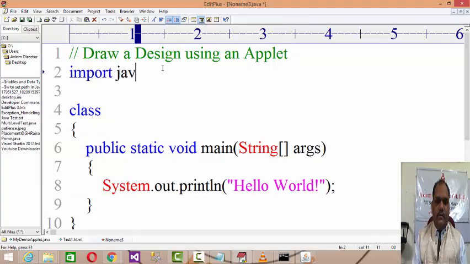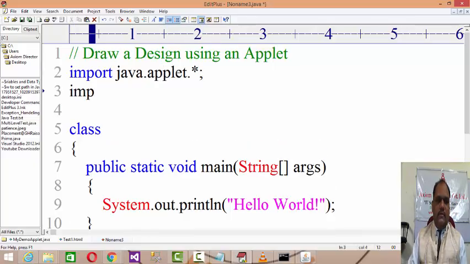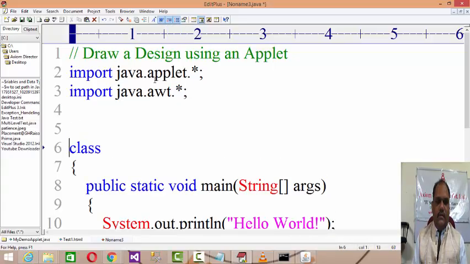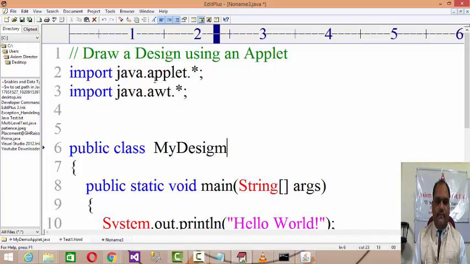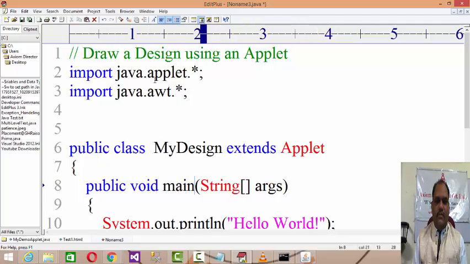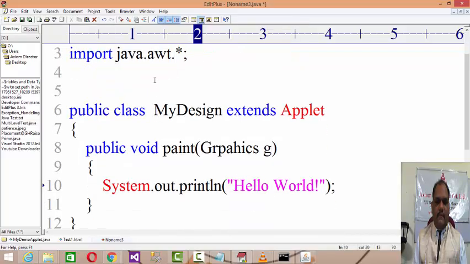Import java.applet.*; import java.awt.*; and then inside we write public class MyDesign extends Applet. Here you don't have a main method. As you are developing an applet, you have the paint method, and it requires the Graphics class as an argument.